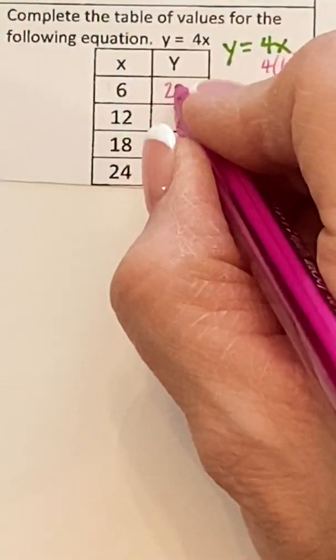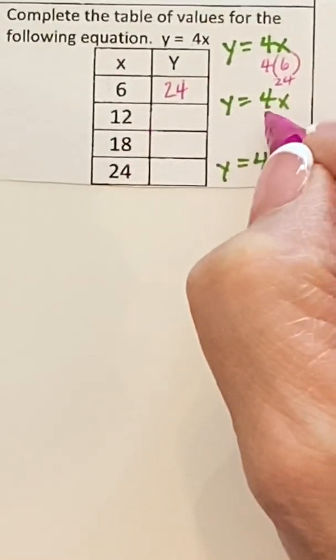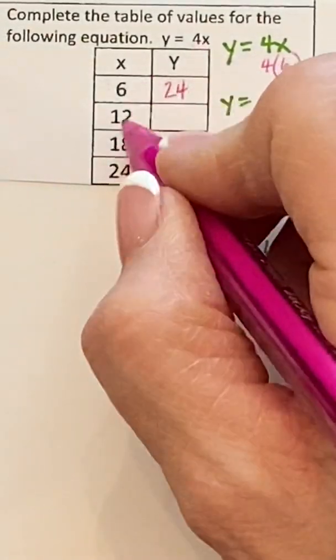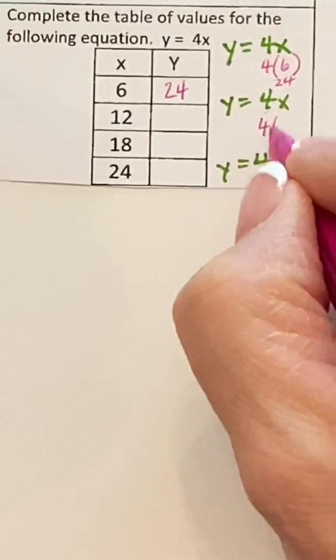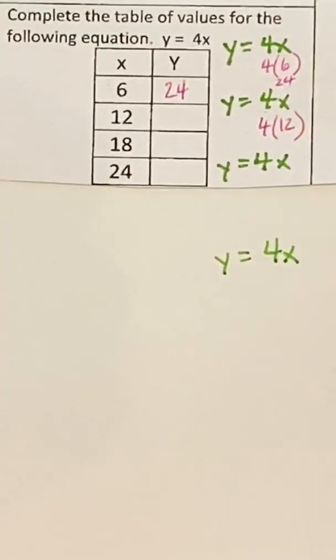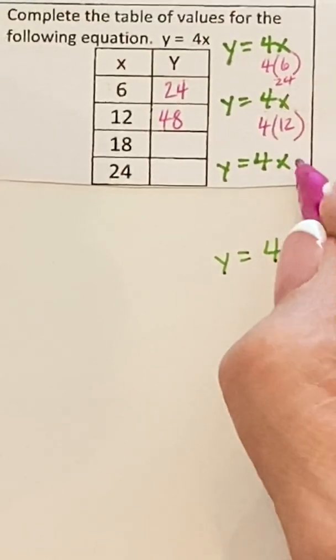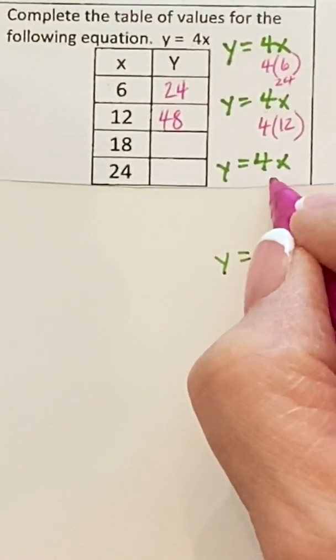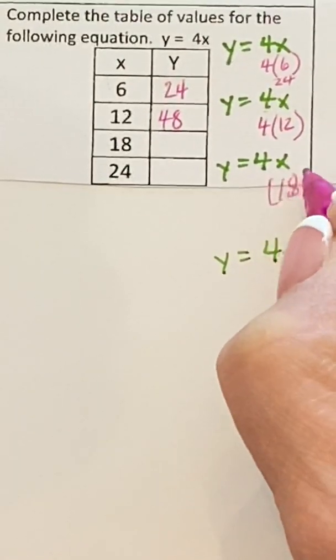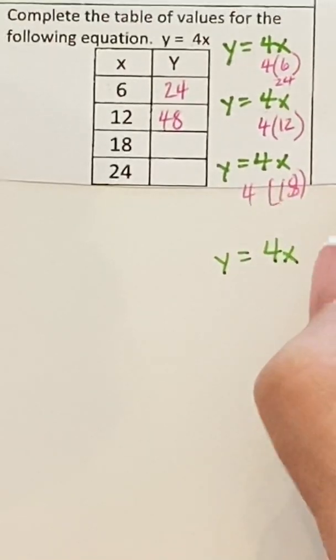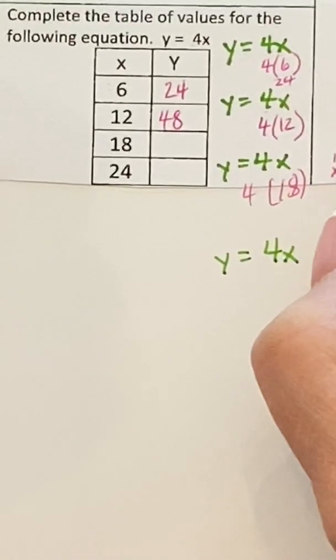Yep. All right, now I'm going to copy it again. And then if I replaced the x with 12, what's 4 times 12? Did you say 48? That is correct. If I replace the x here with 18, I may have to go and work that one off to the side. 18 times 4,